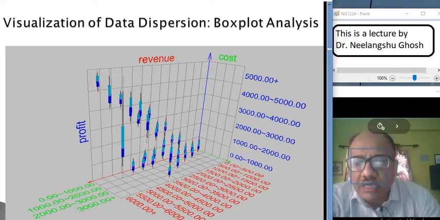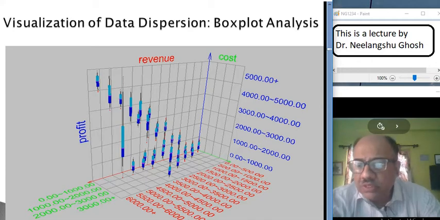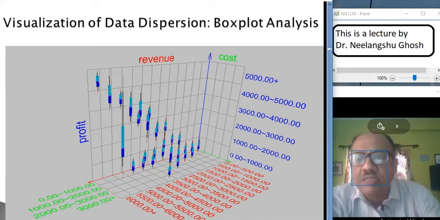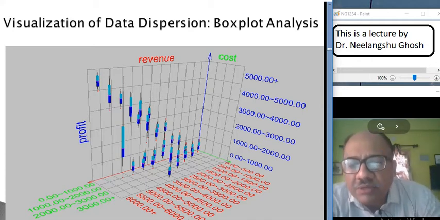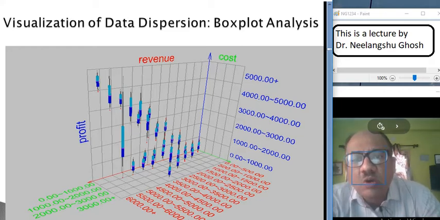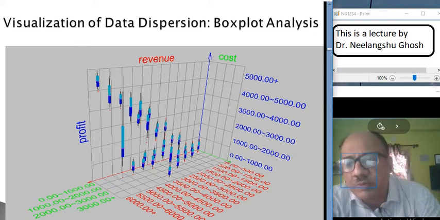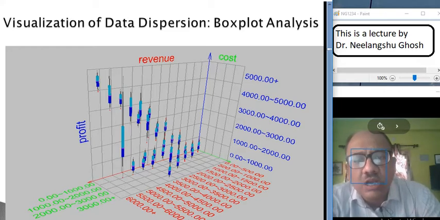So this is an example of data visualization in box plot analysis where it's a three-dimensional data. There are three axes. One axis is cost, this part is revenue, and this part is profit. In three dimensions, this part is cost.